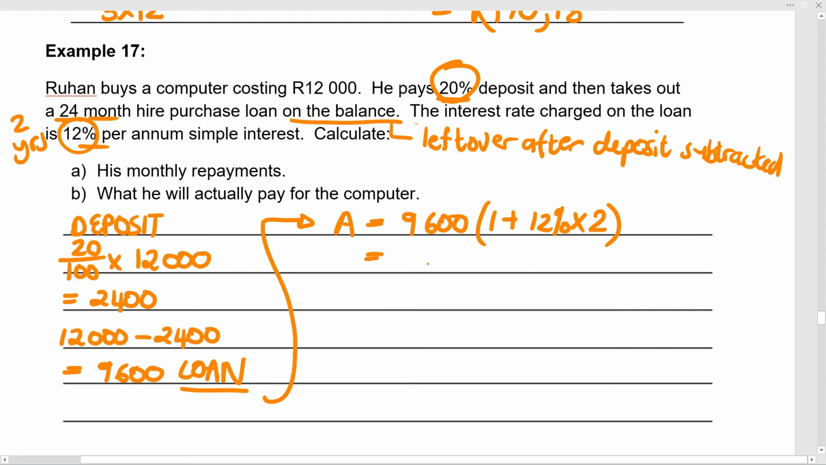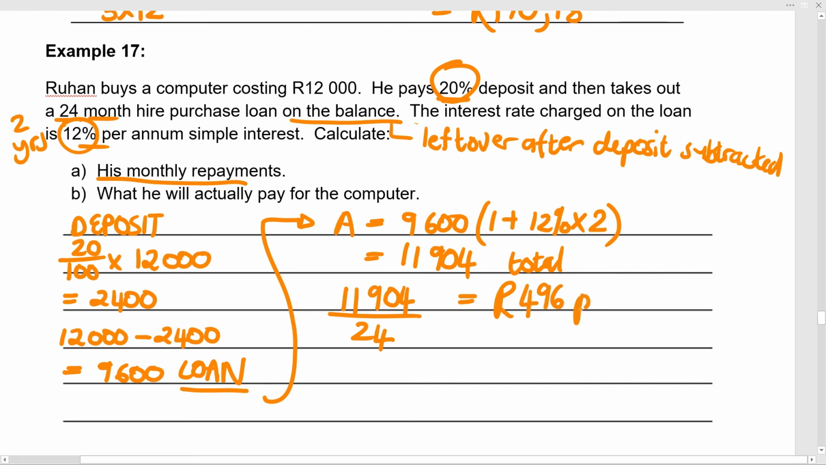Okay, so plug and play into calculator, and I'm going to get 11,904 Rand total. Okay, so that is the total amount that I need to repay, but they want the monthly repayments. So the next step is to take my 11,904 and divide it by the thing they already gave me, which was the 24 months. So they kind of did that calculation for me. Okay, and that's going to be